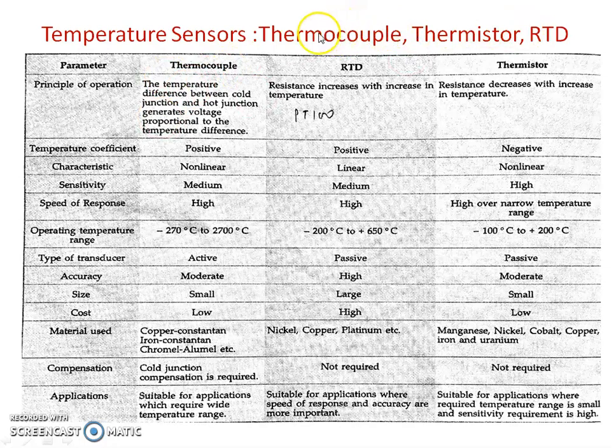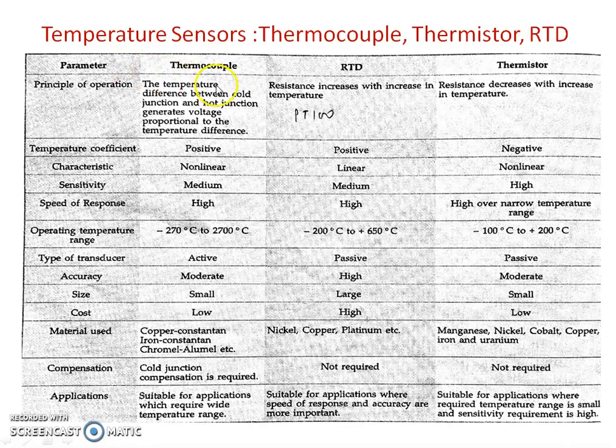Instead of individual explanation of thermocouple, thermistor and RTD, I am trying to show here the comparison of these 3 sensors. Once you learn this comparison along with the symbolic diagram of thermocouple, RTD and thermistor, you will prepare everything under this temperature sensor. So friends, you have to remember these differences, points, parameters of these three sensors. I will not discuss it. You carefully read all these parameters and the individual speciality of thermocouple, RTD and thermistor.